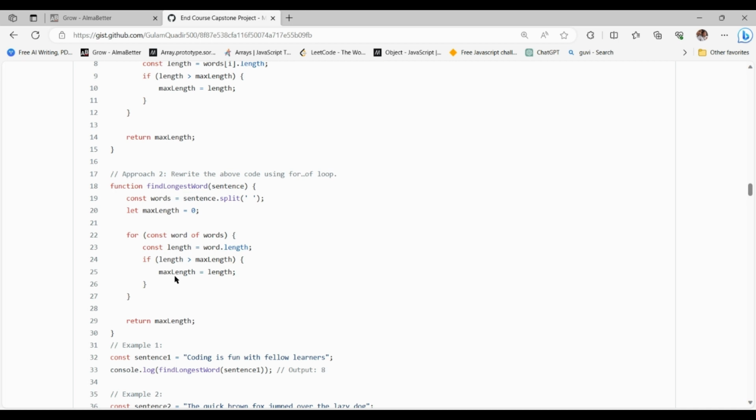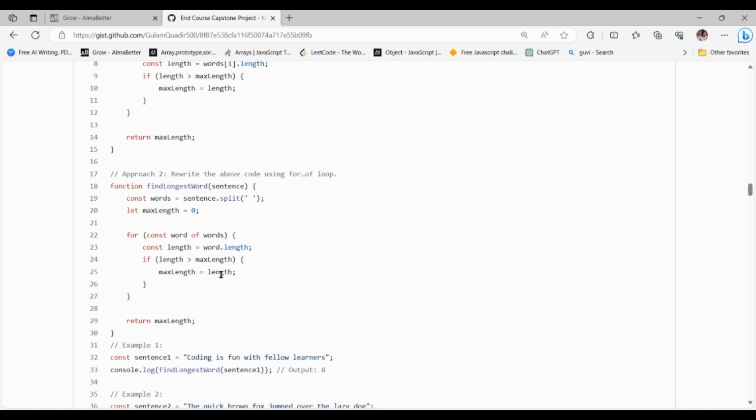This line checks if the length of the current word is greater than maxLength. Inside the if block, maxLength equals length. If the current word is longer than the previously found longest word, it updates maxLength to the length